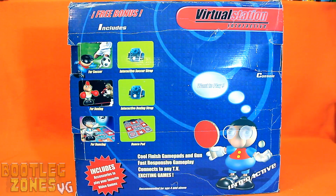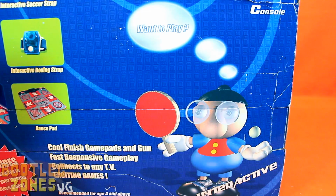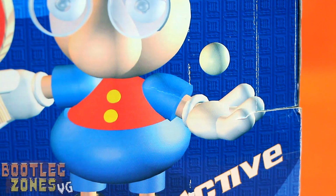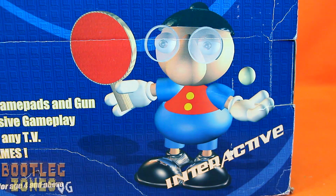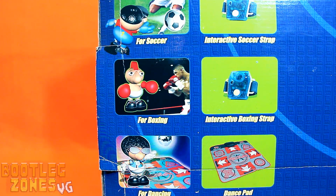So this is the free bonus Virtual Station Interactive. I wonder where they got some of that name from. Yeah, real mystery. So first we got this 3D abomination possibly breaking his hand to toss up a ping pong ball. I guess these really crappy 3D models are the Virtual Station's mascots? They probably also thought if they put these half-ass 3D models on here that people might be fooled into thinking this system actually produces graphics that